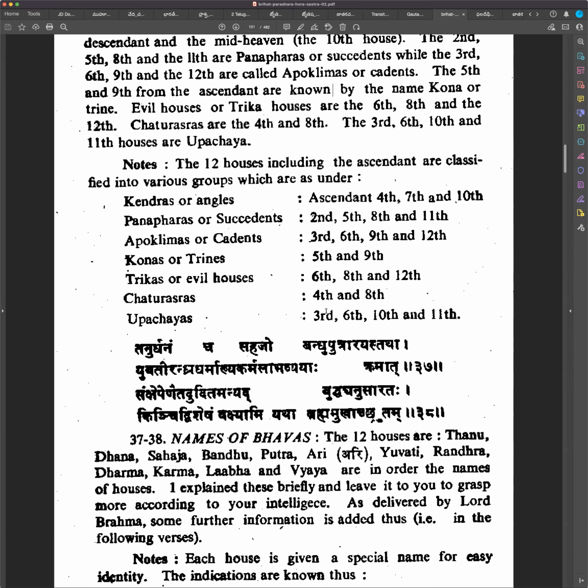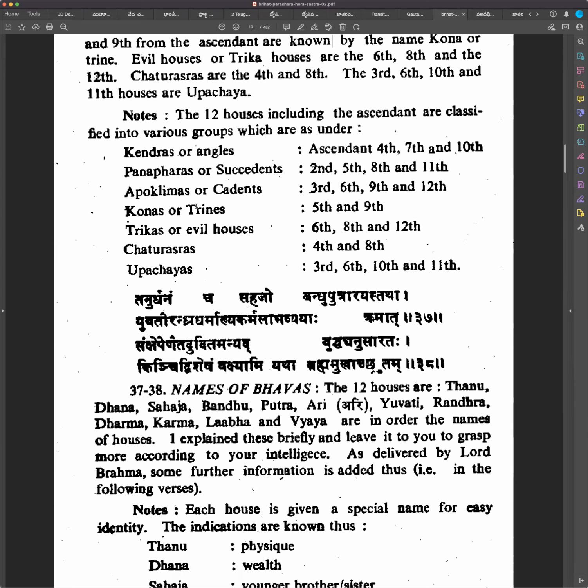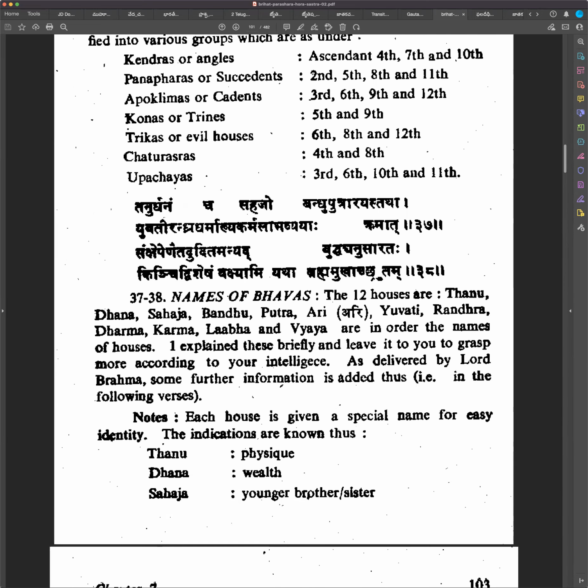Everyone who is looking at charts needs this, because in the coming shlokas, in the next chapters, whatever the Rishi says, he gives only Kendras, Panaparas, Apoklimas, Konas, Trikas, Chaturasras, Upachayas. He used these words as names. So whenever he uses Kona, we should understand this is the 5th and 9th. That's why the classification is mentioned here. Mostly everybody should know these by heart. You need to keep them in mind every time. Next,